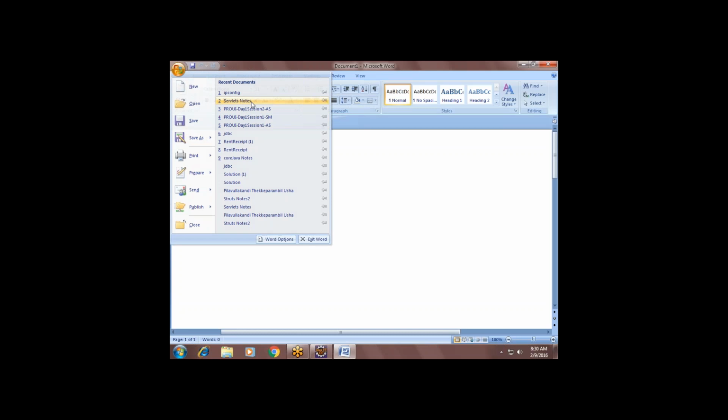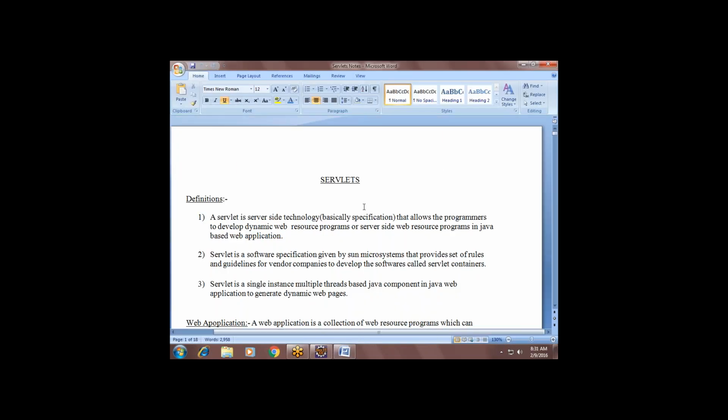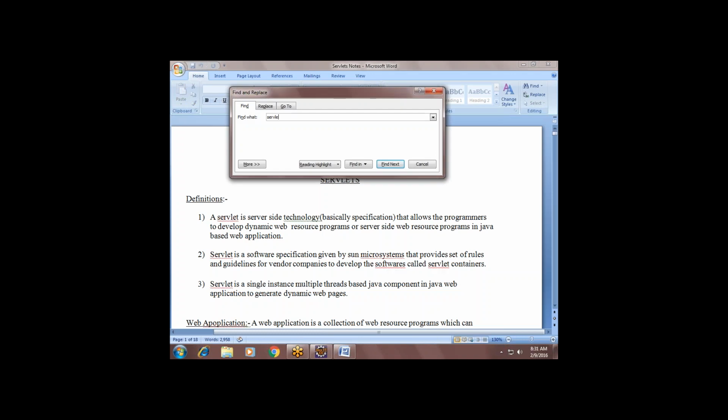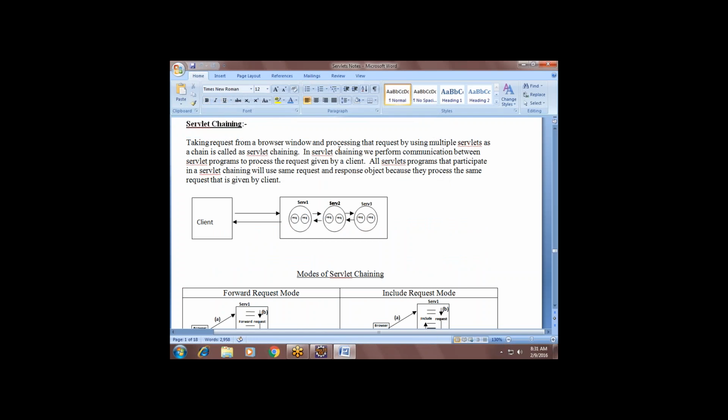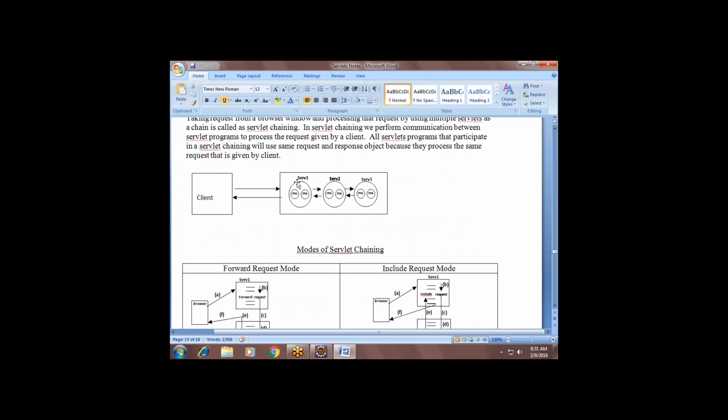The next concept is the servlet chaining process, guys. What is servlet chaining? After doGet and doPost, you should understand what servlet chaining is. Suppose a client's request needs two or more servlets to be processed, not only one servlet. If you need to involve one more servlet or two more servlets, then from one servlet you need to call another servlet, right?